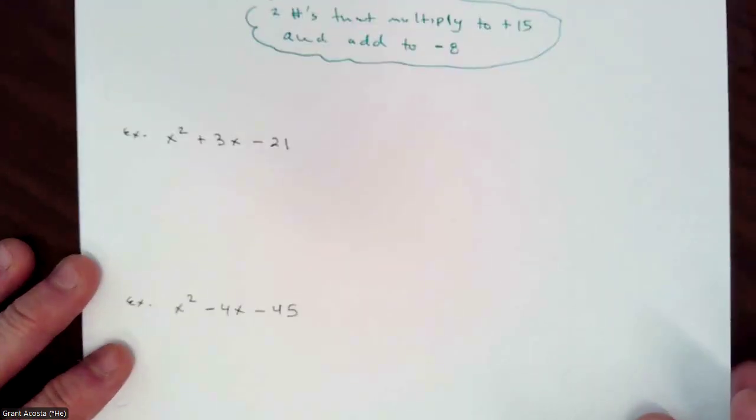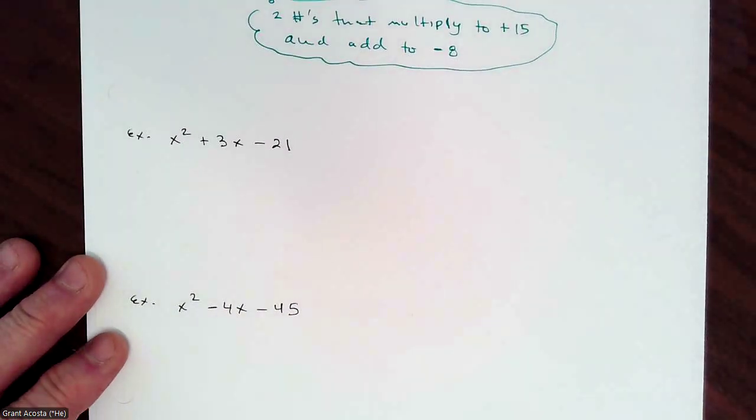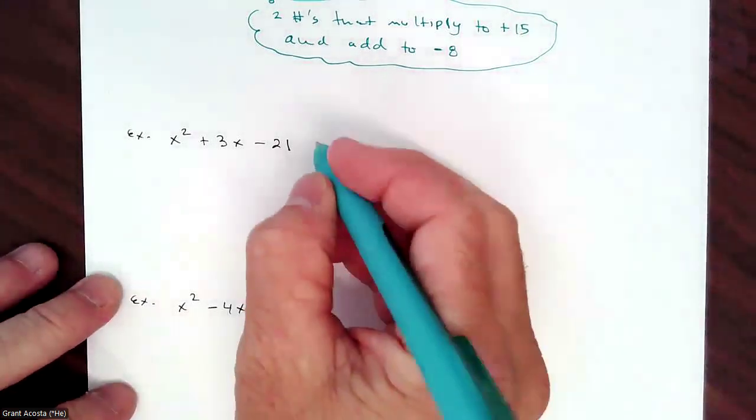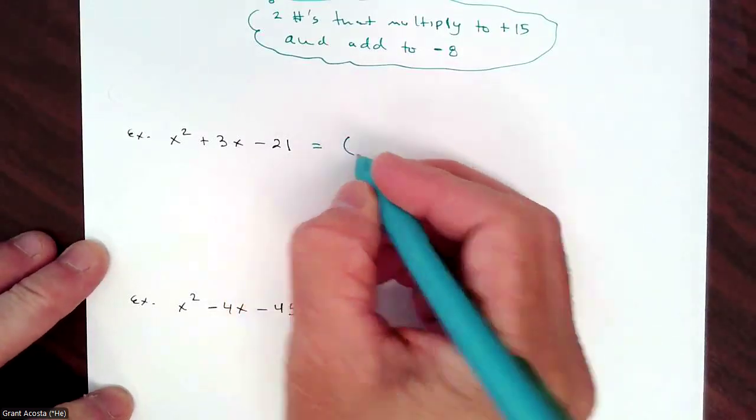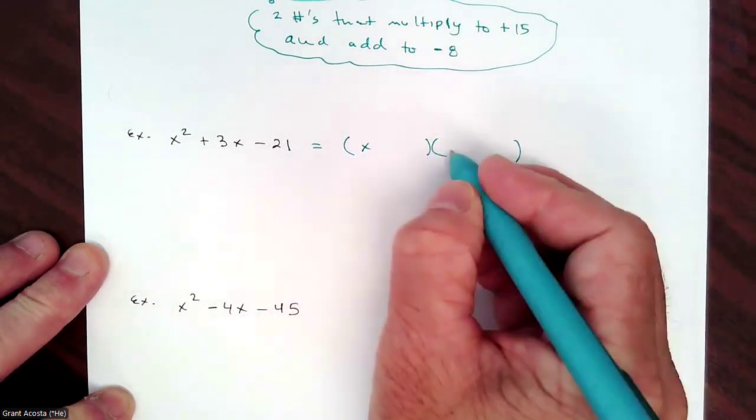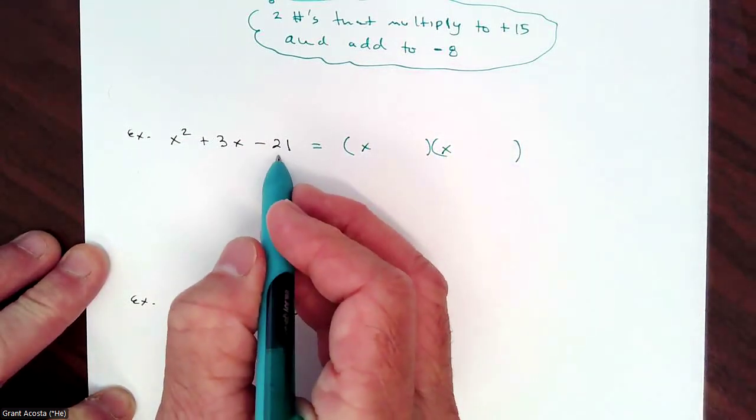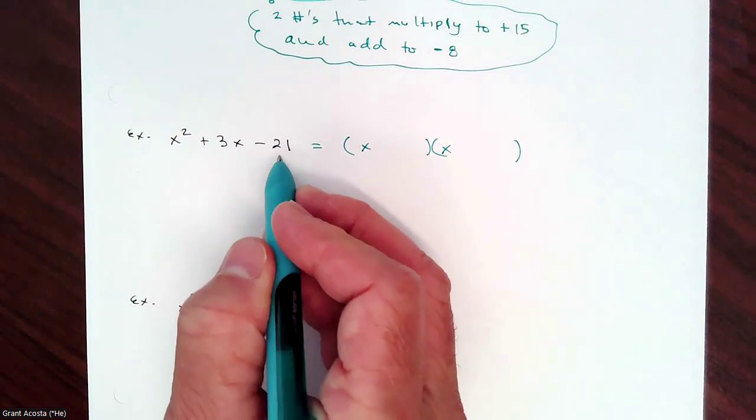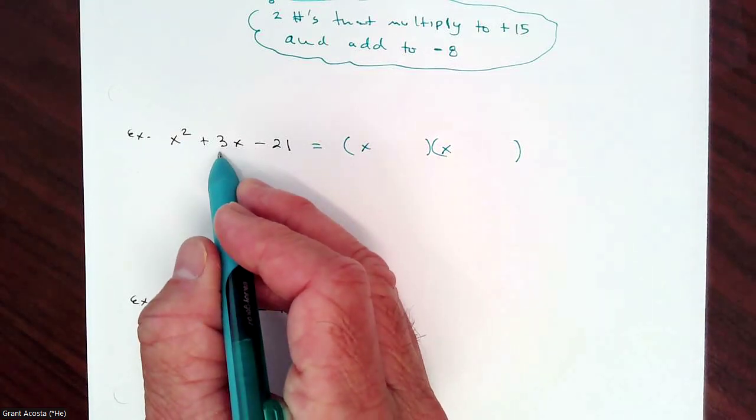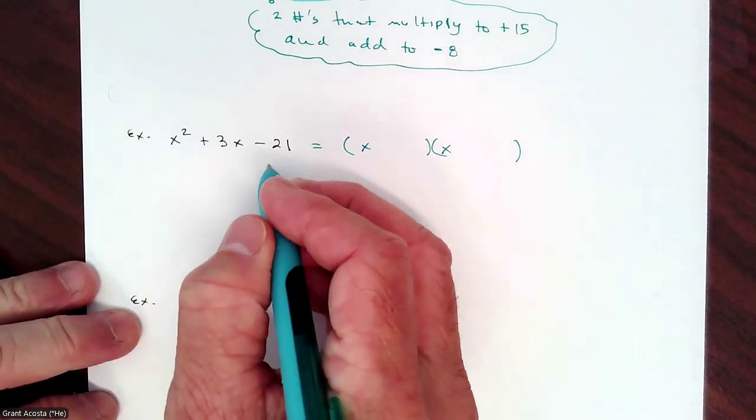Again, for these next two, if you want to, you can pause the video. It's probably a good idea. See if you can get those factored and then check your answer. All right, for this first one, it starts with just x squared. It's got to be x and x. Now I'm just going to say it, I won't write it. I want two numbers that multiply to negative 21, but add to 3. So what I'm thinking is